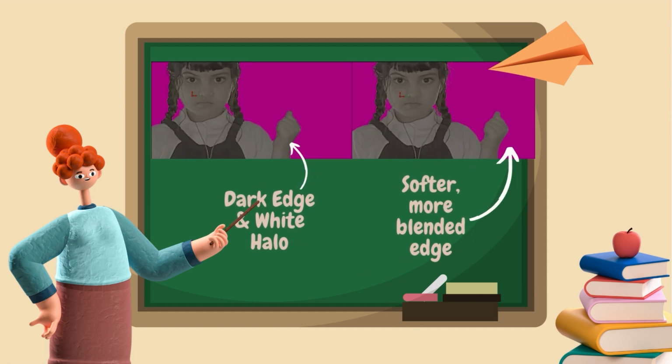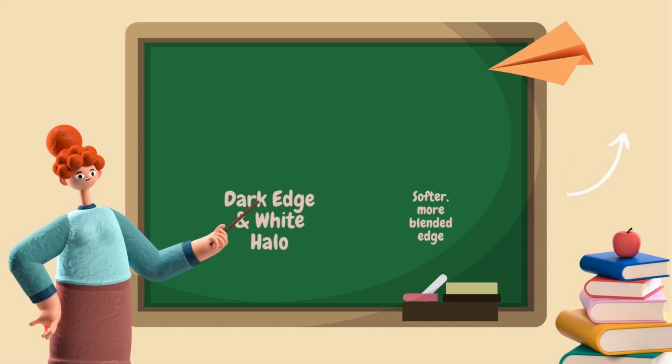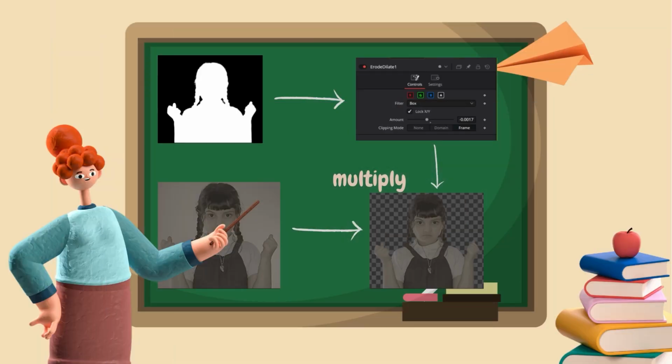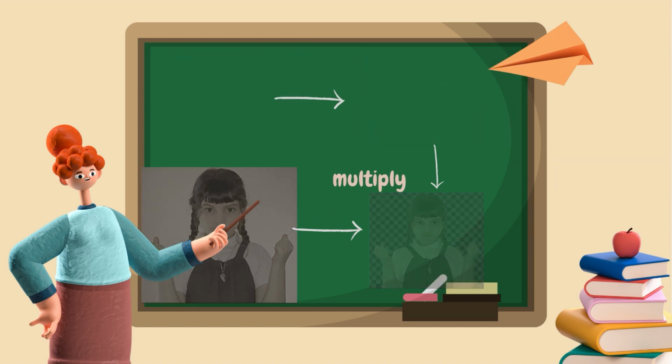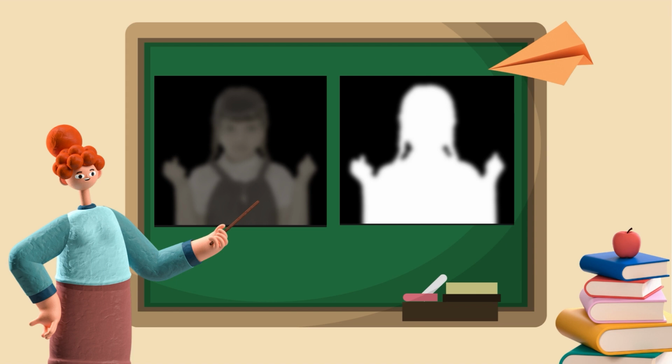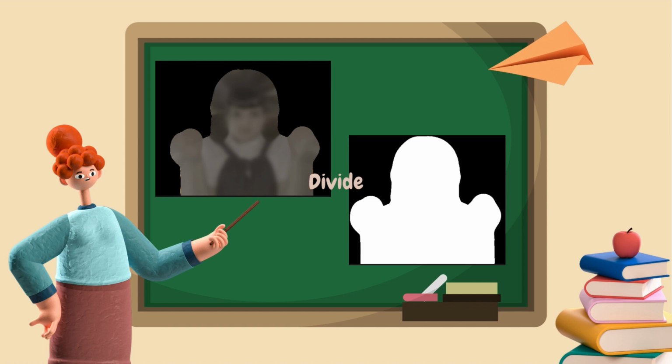The issue we currently have is that there is this border of dark pixels and a white halo, which is caused by the rim light, which is not going to look good when composited. To mitigate this, we begin with the main key that we previously generated, as shown in the previous episode. We erode this slightly and then multiply with the despilled foreground to get something like this in the bottom right corner. This result is blurred quite a bit, as you can see here, to get this sort of color and